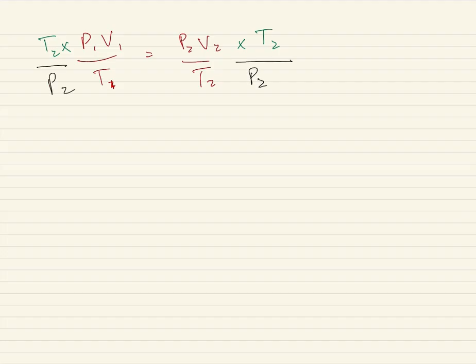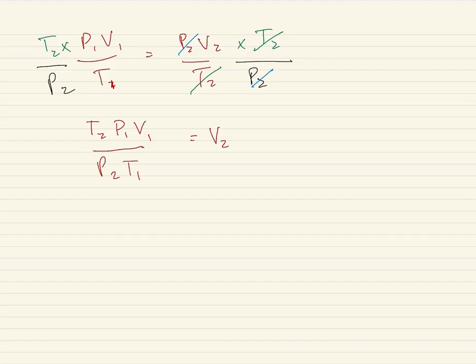So when I do that, I have P1V1 over T1 equals P2V2 over T2. Multiply by T2 to both sides. And divide by P2 to both sides, right? On the right-hand side of this equation, everything will cancel out. And on the left side, we have our new expression. We have V2 is equal to T2 P1 V1 over P2 and T1,